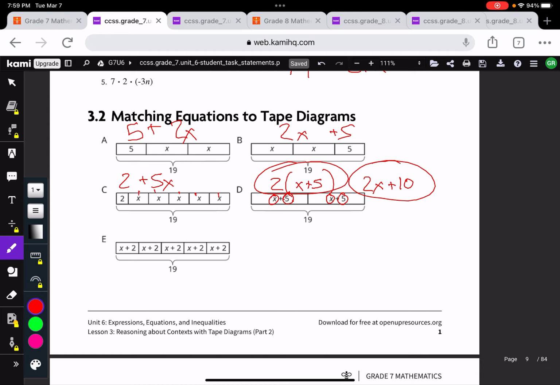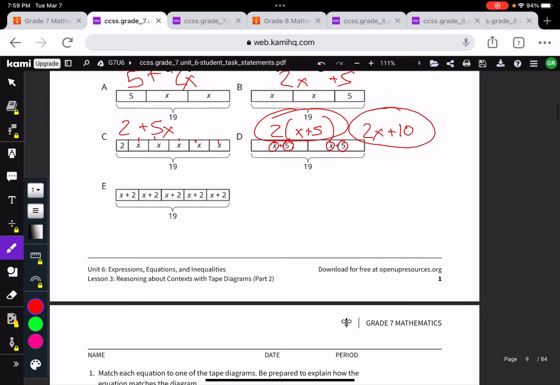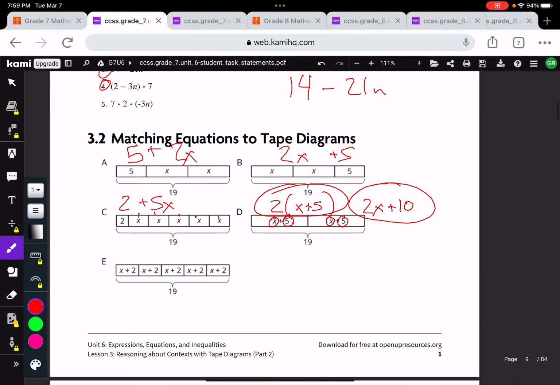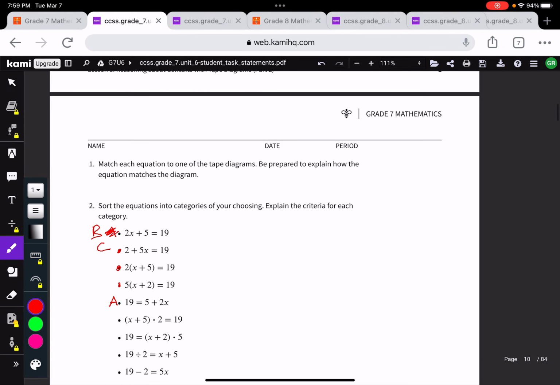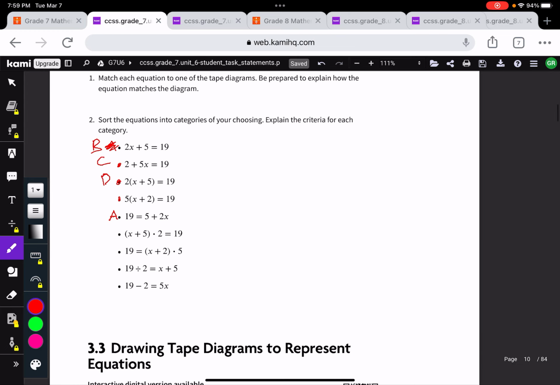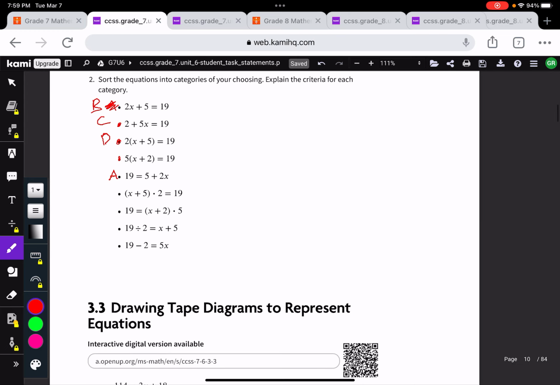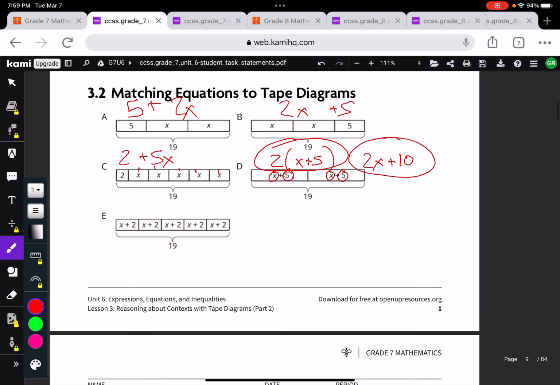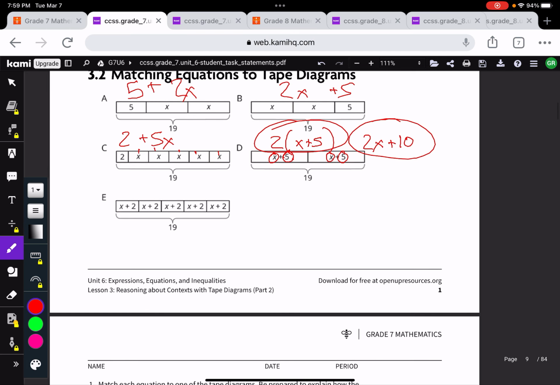So let's see. 2 parentheses x plus 5. I do see that right there. That one is D. And let's see if I also see 2x plus 10. Did I see 2x plus 10 anywhere? No. Oh well. All right. There might be another one with this one as well, but let's